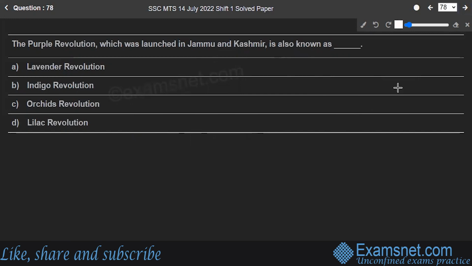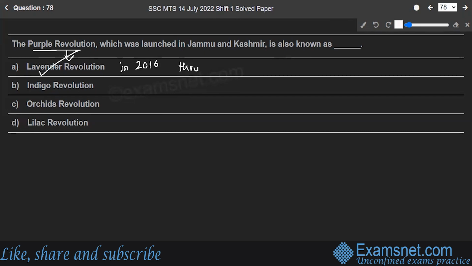The Purple Revolution, which was launched in Jammu and Kashmir, is also known as Lavender Revolution, Indigo Revolution, Orchids Revolution, or Lilac Revolution? Well, the correct answer to the question is option A, Lavender Revolution. The Union Ministry of Science and Technology initiated the Purple Revolution or Lavender Revolution in 2016